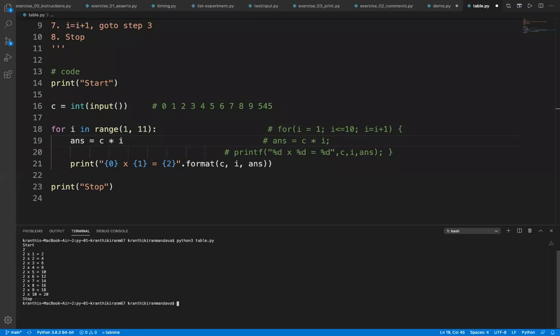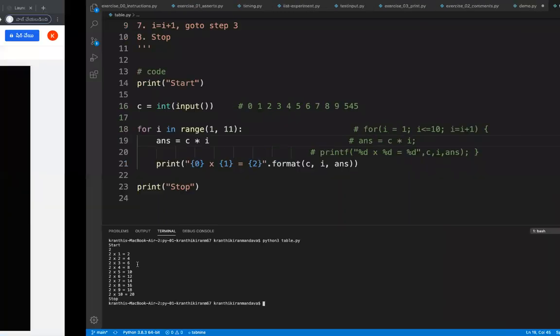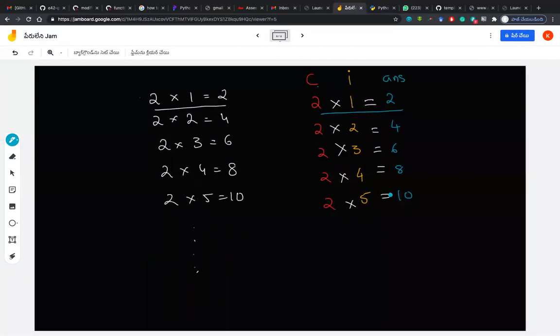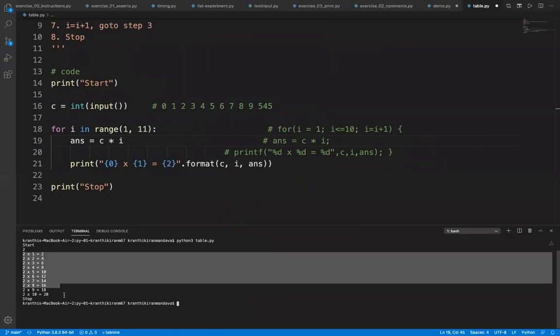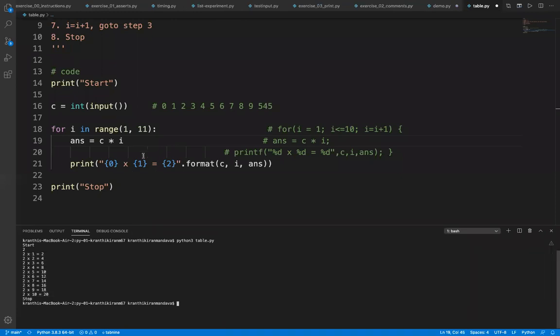Okay. And now see, it has given me the table. So 2 into 1, 2, 2 into 2, 4, 2 into 3, 6, 2 into 4, 8, like whatever I have thought about on my board, this is the output I expected. And this is the output I got, the observed output, and it stopped. So it is very easy for you to first write down the workout, understand what the problem given to you is, how the output should come, and then write a pseudocode or a flowchart, then convert it into code, which will be very easy to do.